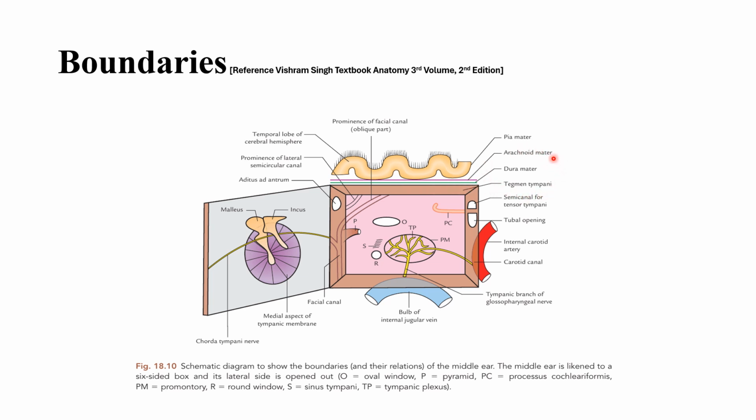Now below the dura mater, this bony plate is called the tegmen tympani. This brown structure, students, this bony plate is called the tegmen tympani. And now here on this lateral side, you see there is a tree trunk like shaped structure. This is the facial canal, which is very important to know, and it makes a marking called the prominence of facial canal. Yes.